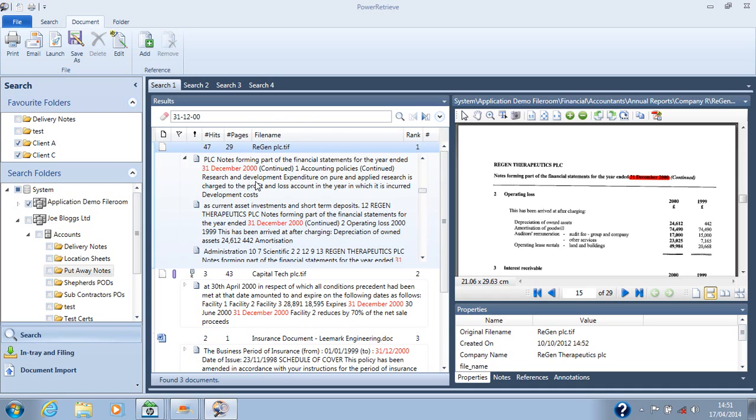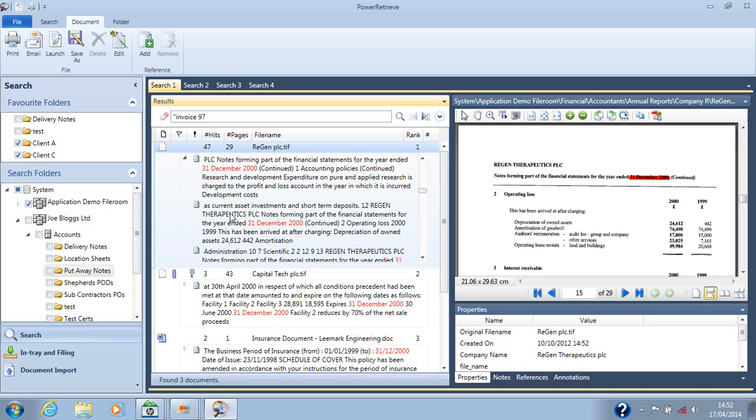We take the searching on the content further because obviously we are at the mercy of OCR interpretation, where it looks at that scanned image and decides what that character shape looks like. But the problem is it can misread C's as E's or O's, or S's as 8's, etc. Well, PowerRetrieve has the unparalleled error tolerance to make sure that we are still able to find that information even